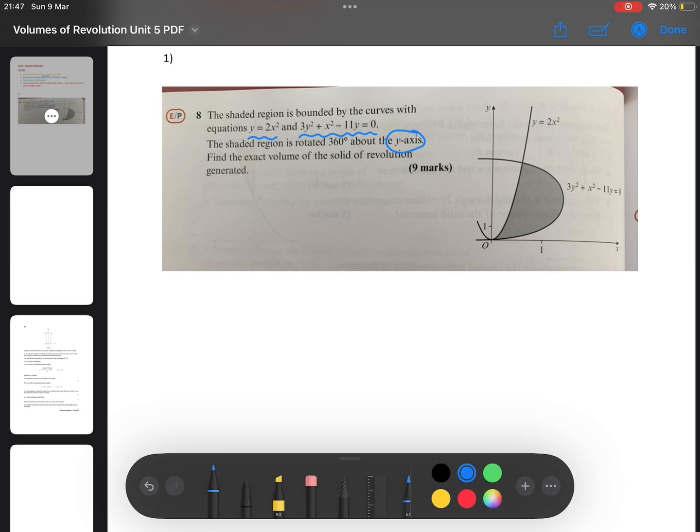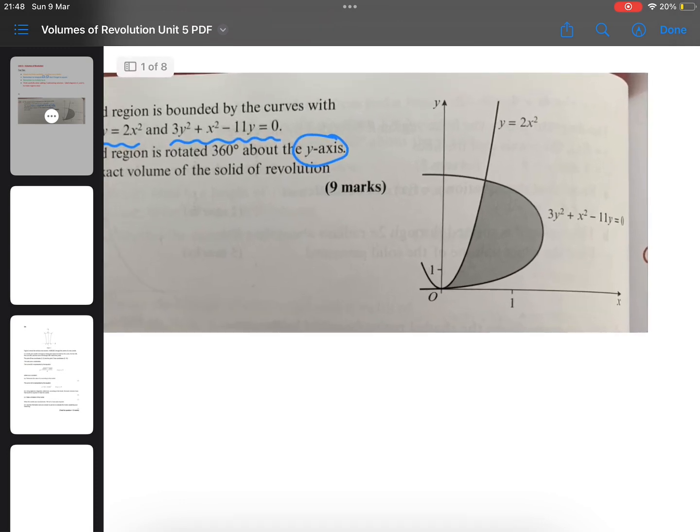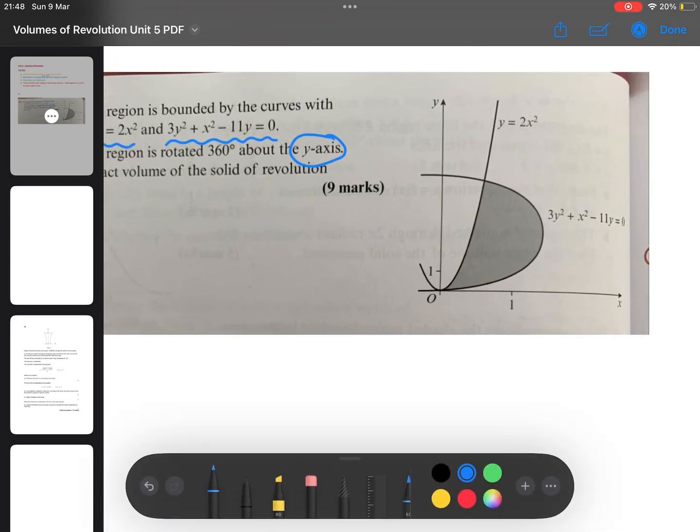And the reason why it's worth so many marks is because we have quite a bit to do here, adding and subtracting volumes. So the first thing to do, and I'm just going to zoom in a little bit, is to decide on our approach. So if we can work out the coordinate of the point of intersection of these lines, and then we draw a dotted line up to that point of intersection, then what we can do is we can start by working out this whole